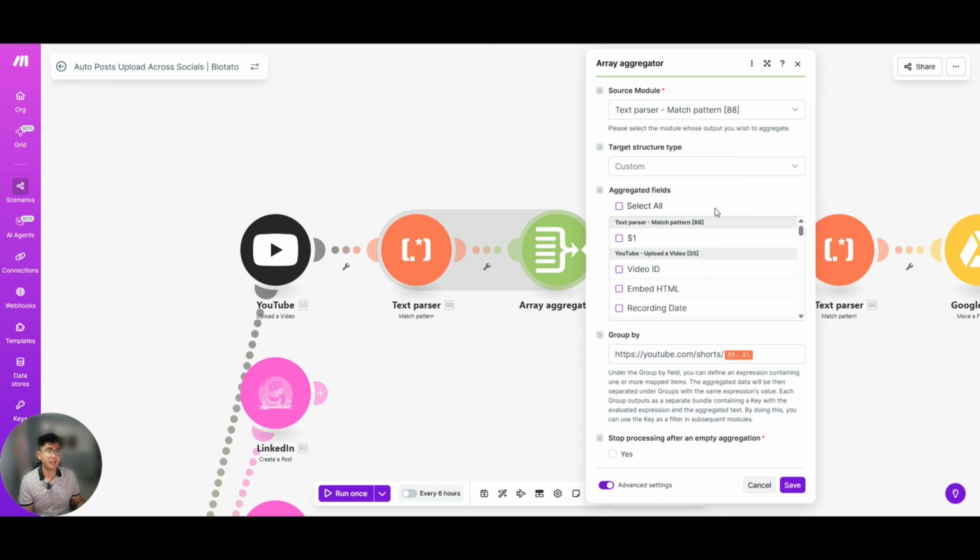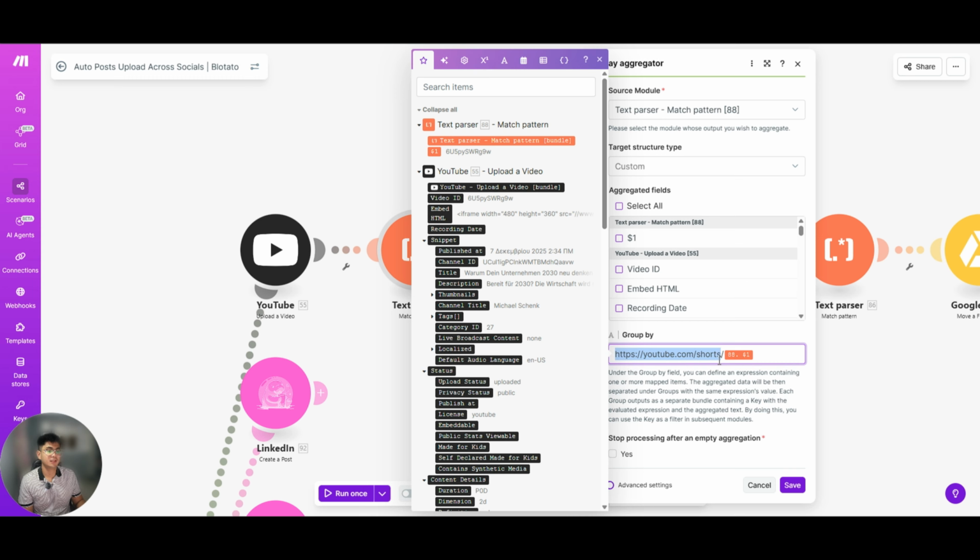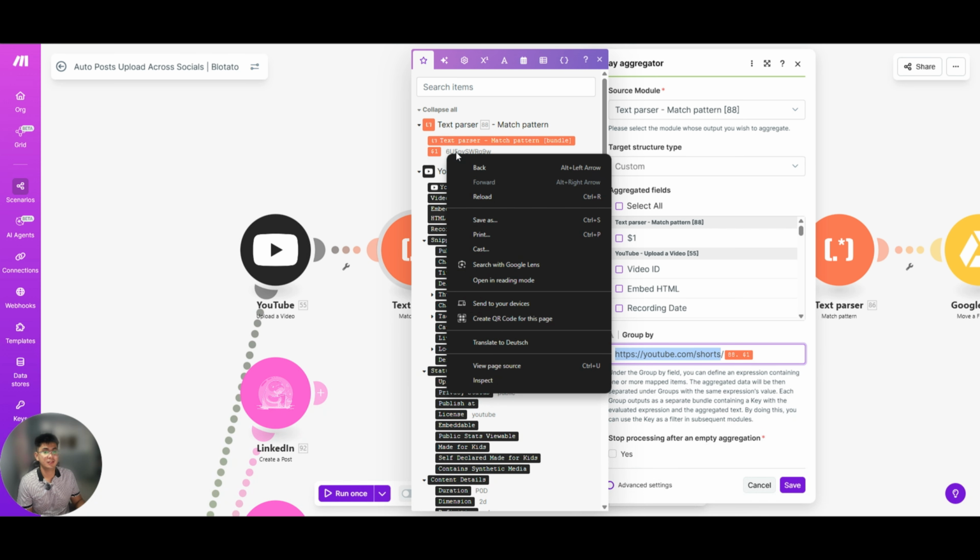So this is how I set it up. I just put this link and then the parsed output from the text parser match pattern module. So I grab the parsed ID here.